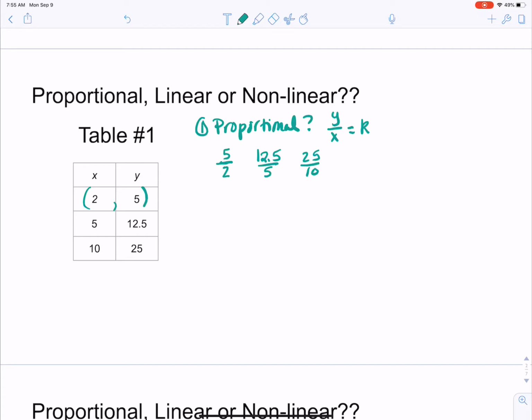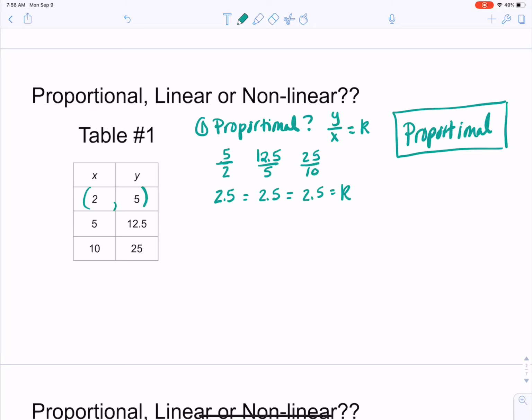5 divided by 2 is 2.5. 12.5 divided by 5 is 2.5. 25 divided by 10 is also 2.5. So because all of these are equal, that is our k. This table is proportional, which would tell us that it is linear, and it also passes